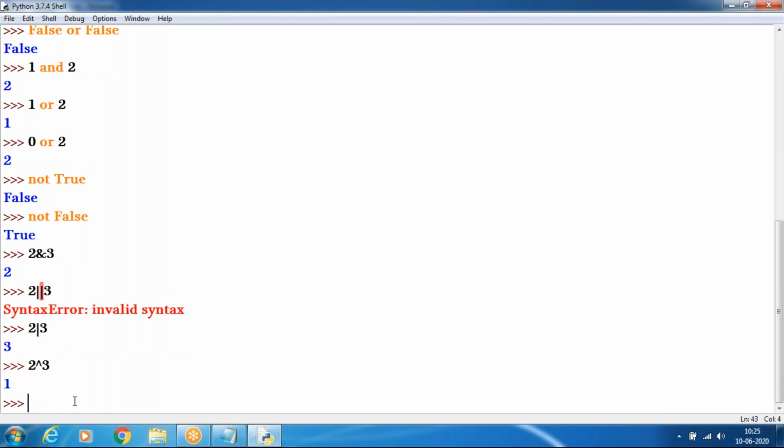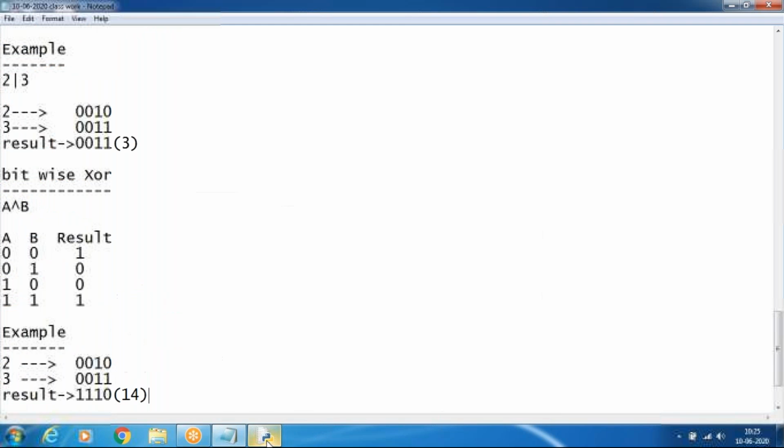Here the rules have changed. In case both are different, the result will be 1. So 0 0 0 1, the result will be 1.